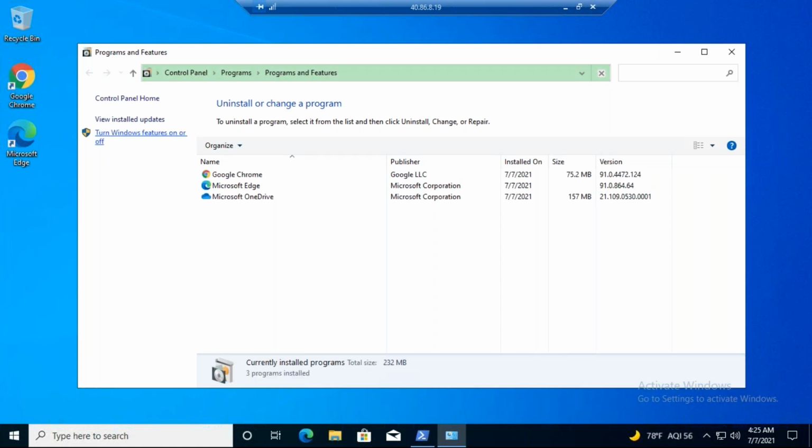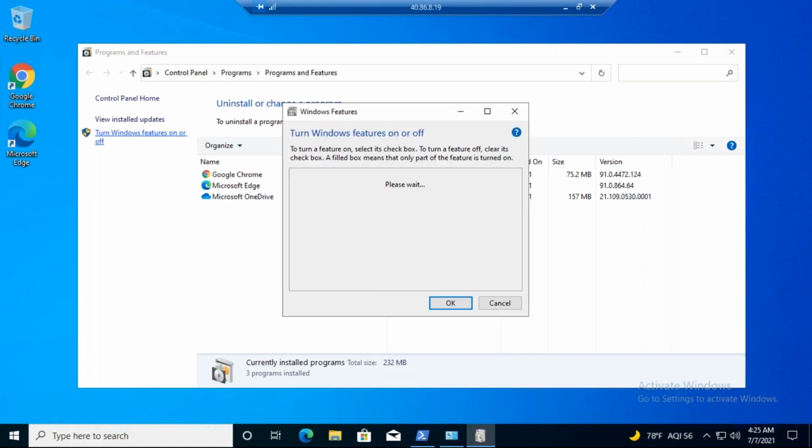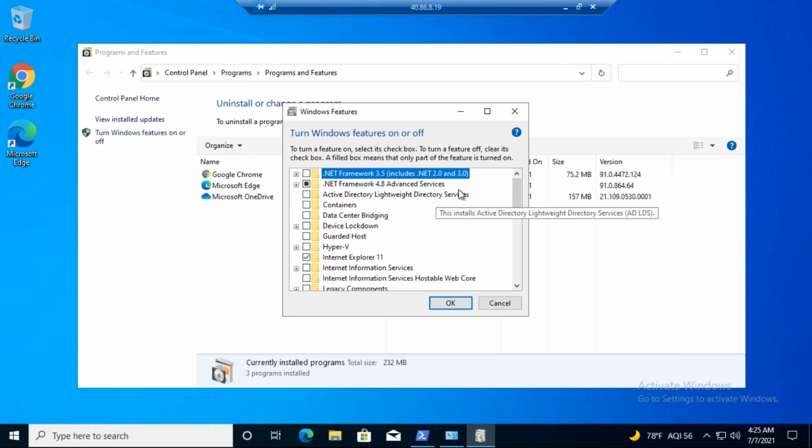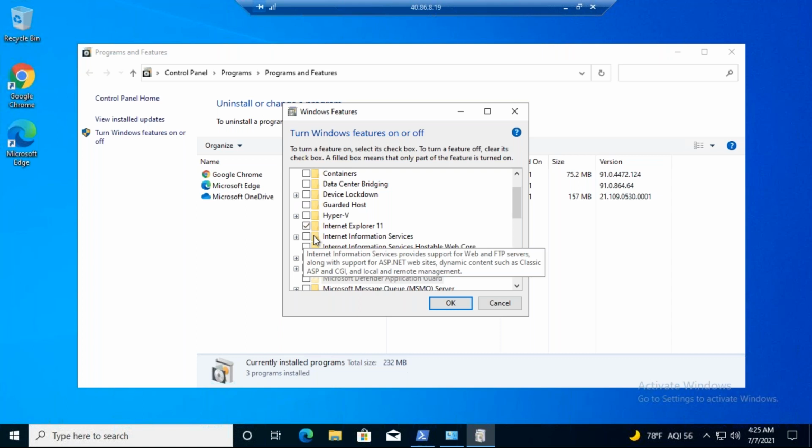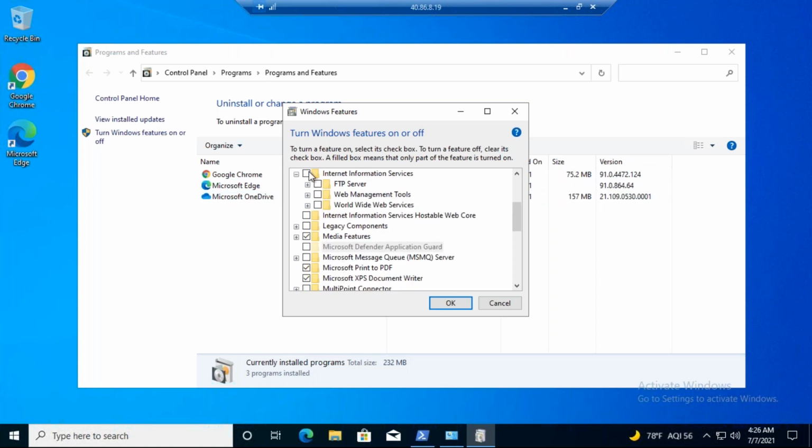Turn Windows features on or off, or add or remove programs. Now just click on this: turn Windows features on or off. Here in this listing, you have to enable IIS server. This is Internet Information Services. Click on this and check all the services.